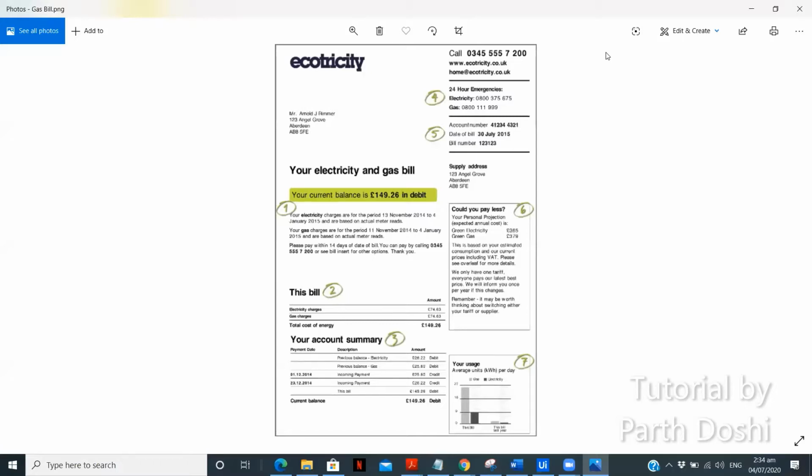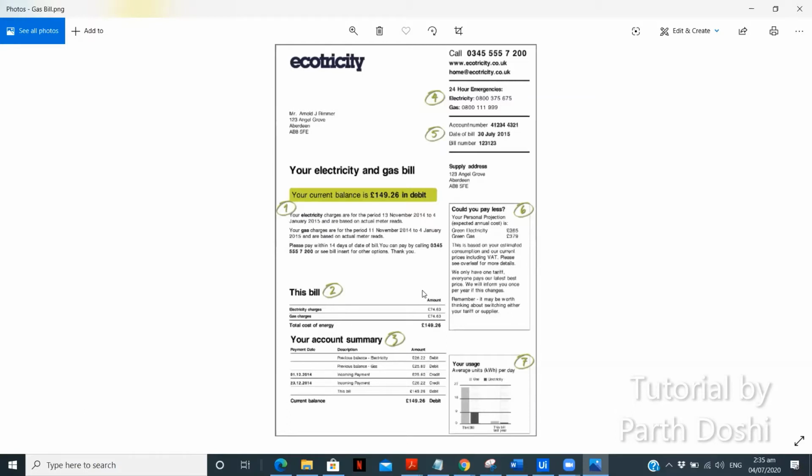So, I'm trying to process a gas bill in which, as you can see in the image on the screen, the image is a bit blurry, so the resolution is a bit low and it is not a very clear image. This particular part over here, the name part, seems blurry. Then here it's a bit blurry, here we cannot see the text at all. So these are the things we are going to deal with in this video.